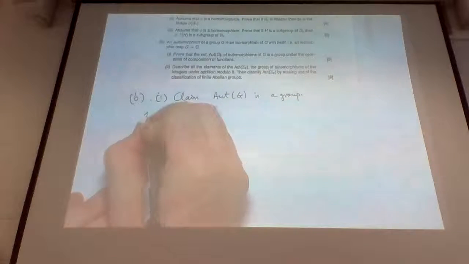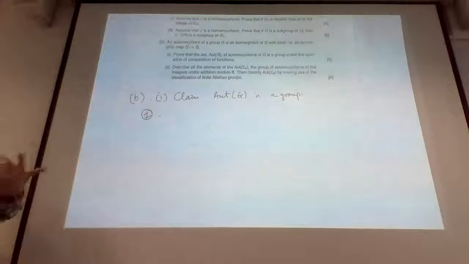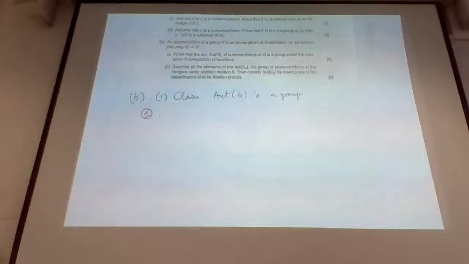You know what to do. There are 4 conditions. You have to show the binary operation is closed, there's an identity element, the operation is associative, and there's an inverse for every element. Okay? Classic